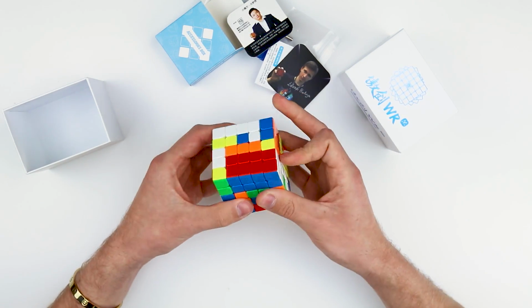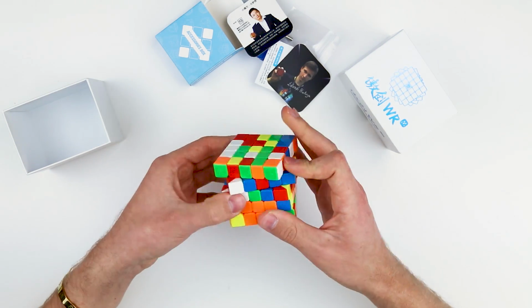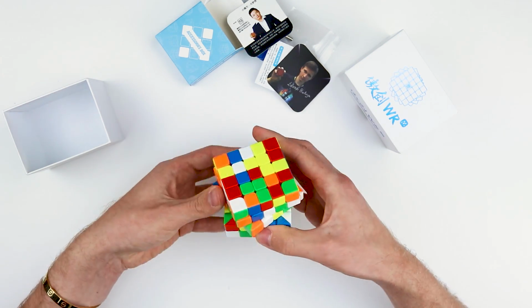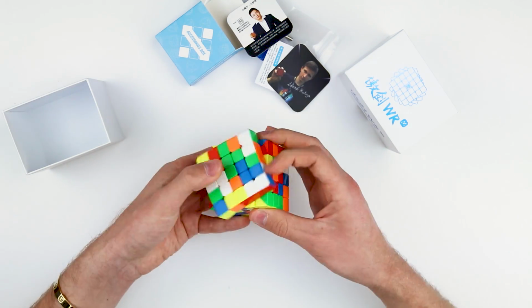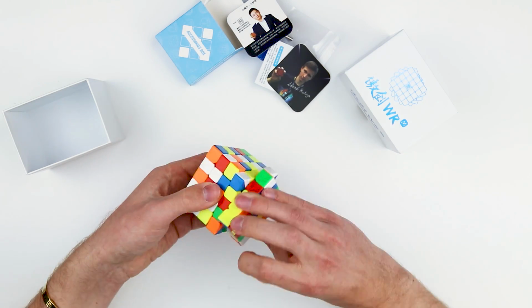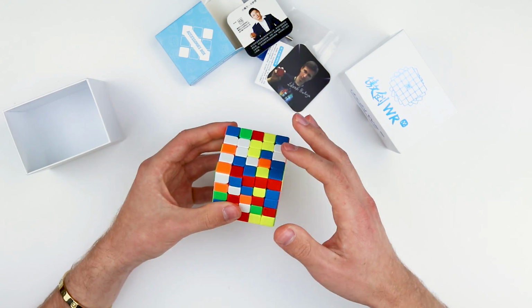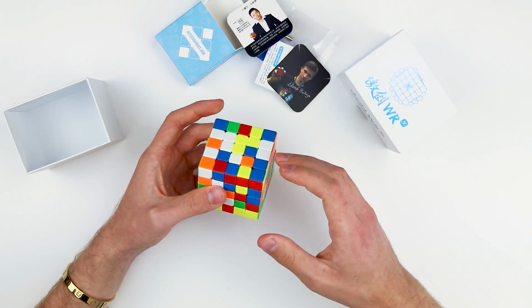Just turning the AoChuang WR M, I find it to be really easy. My turning accuracy has decreased over the years as I've been spoiled by these magnetic cubes with all these better designs, but it's really enjoyable and easy to use. As I mentioned, it's very stable, which I like a lot. The turning itself,